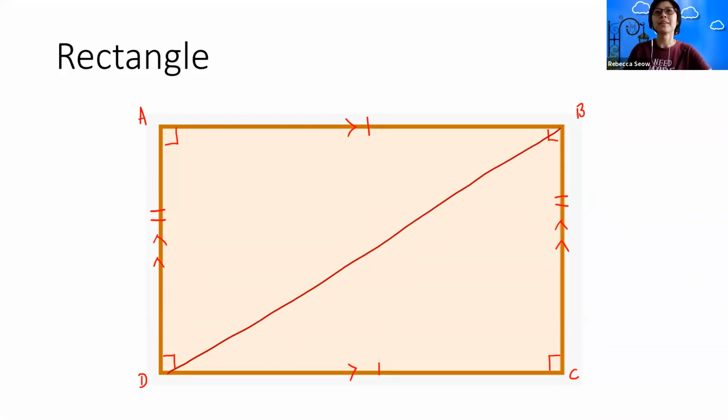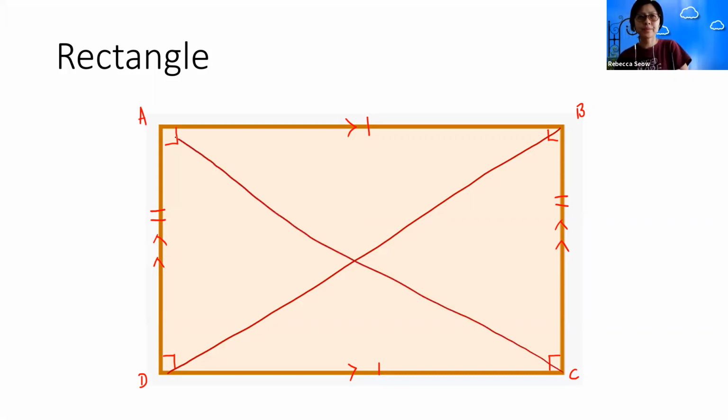Yeah? Okay, and what else? Let's say if we were to draw another diagonal. You would notice that actually, this point in the middle is right smack in the middle of the rectangle,